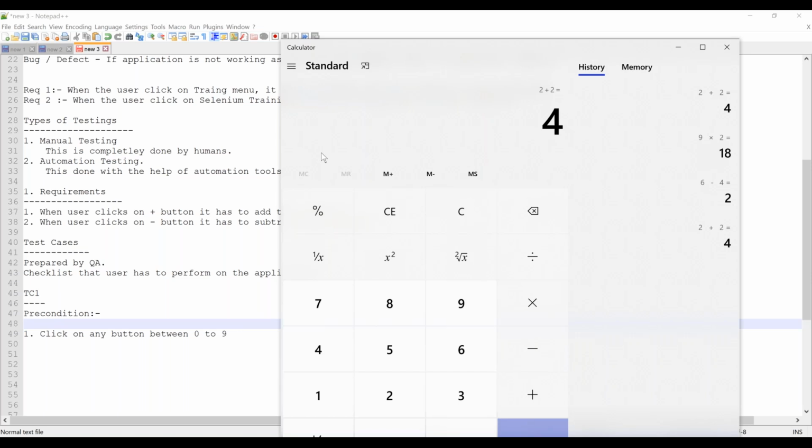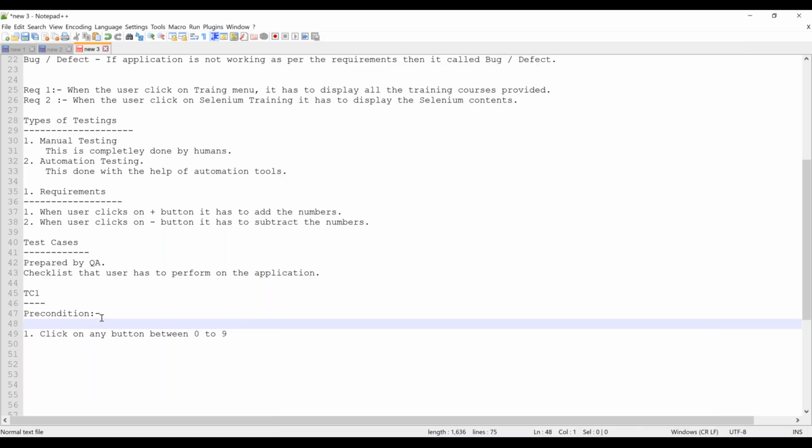Now, let's take another precondition. I need to transfer $100 from my checking account to my savings account. What should be there in front of you? First of all, your online banking application should be opened.